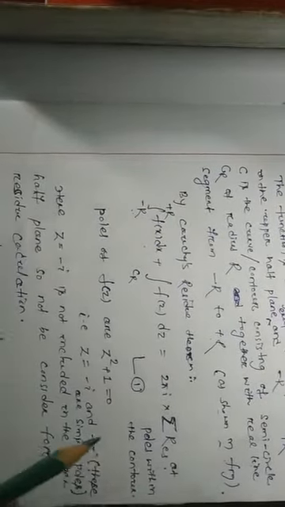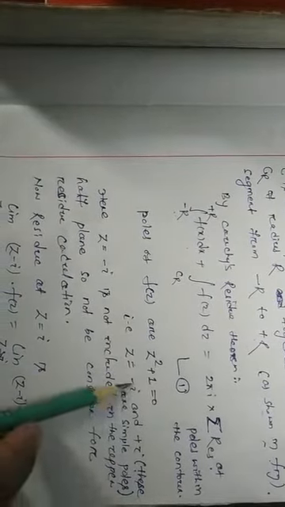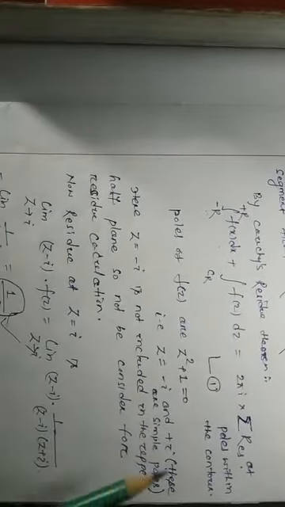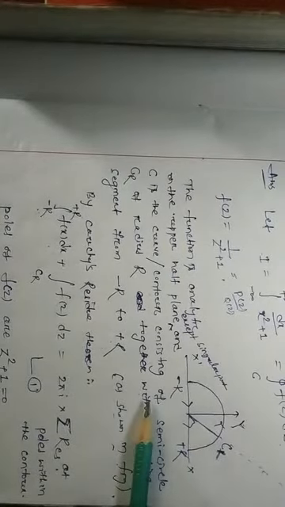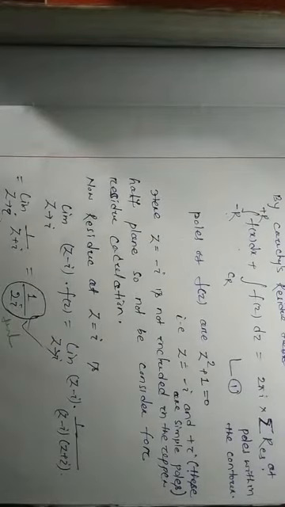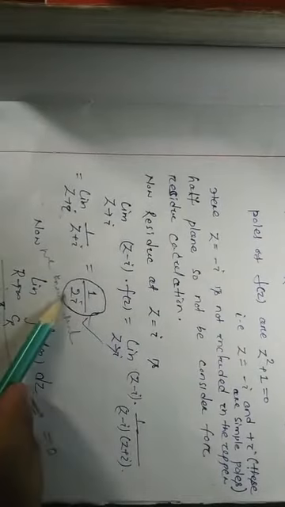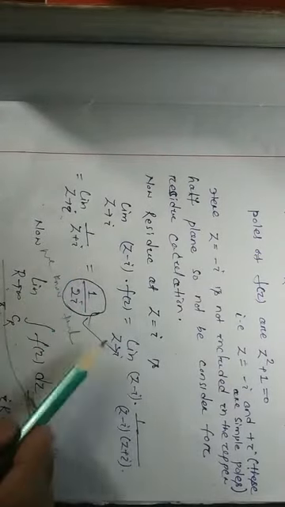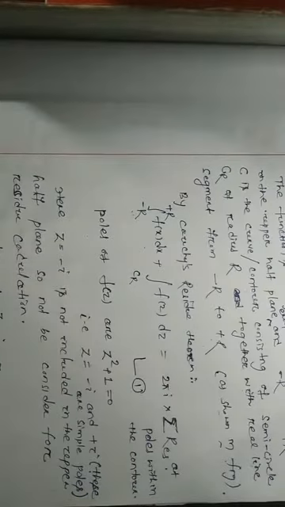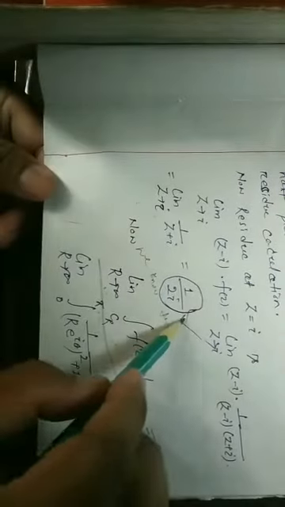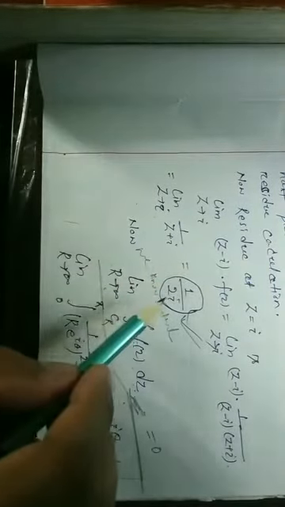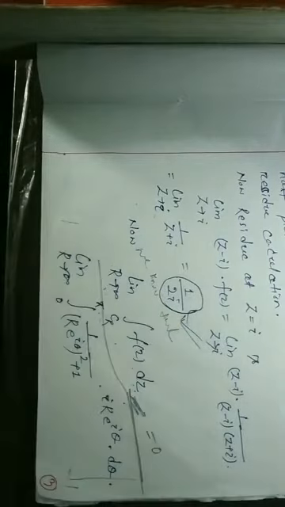The main part is that there are no real roots or real poles. There are two imaginary poles, but z equal to minus i lies in the lower part of the plane, so we should not consider it for further calculation. So now we consider only z is equal to i. At z is equal to i, the residue will be 1 by 2i, as it is a simple pole. You can pause the video and write up to this much. So we found the residue at z is equal to i.